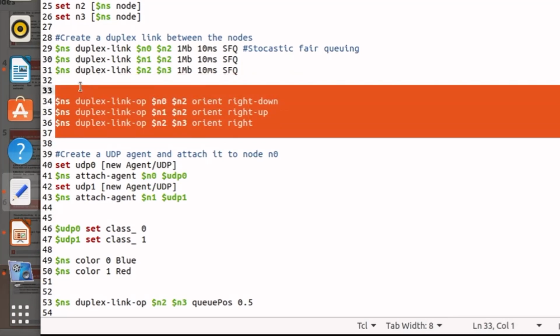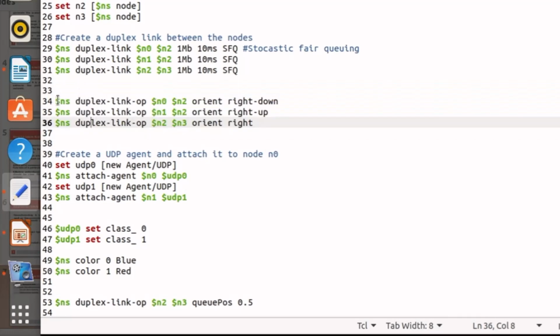So what do these lines say? I will tell you. ns duplex-link-op, this is again a command. n0 to n2 orient right-down. The link that connects n0 and n2 will be oriented right down, which means n2 will be in the right-down direction of n0.